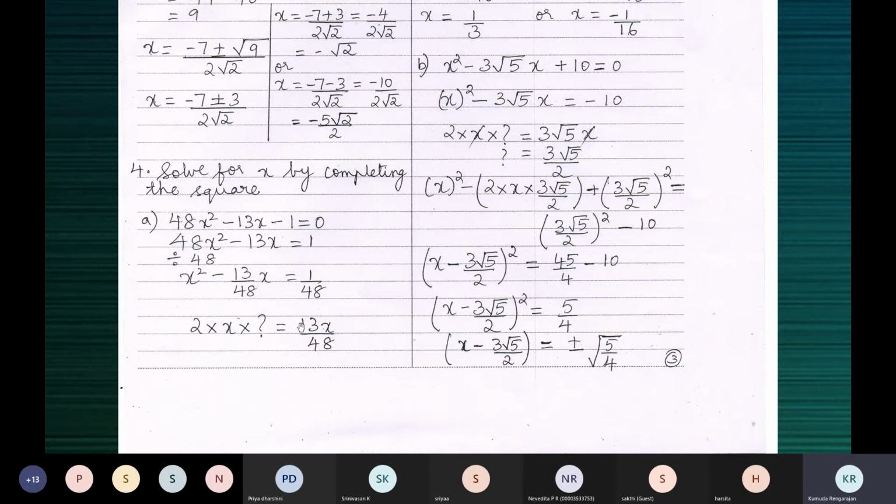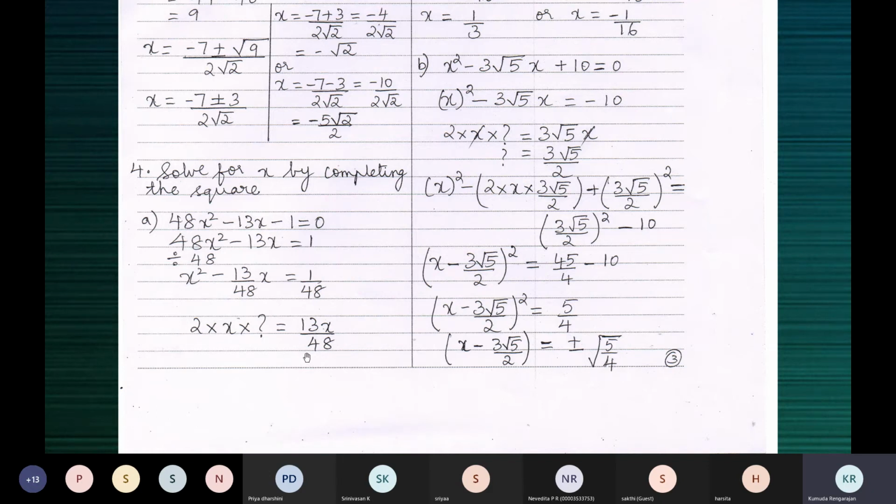So this one has 2 in it and p, which is x, because this is p the whole square, x the whole square. So this is 2pq. It has 2, it has p, which is x, and q, which we don't know. We don't know what the expression for q is. So 2 into p into q is equal to 13x by 48. X on either side gets cancelled. So that q term which we want is 13 by 96.